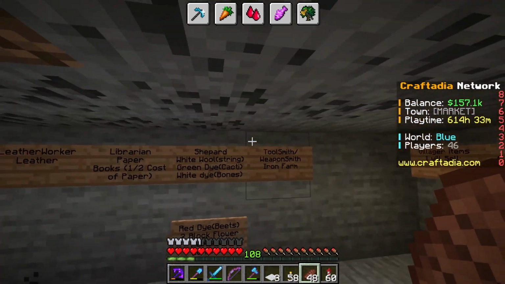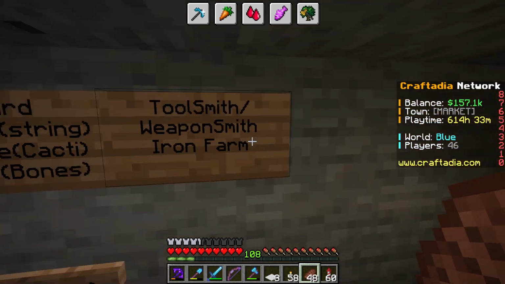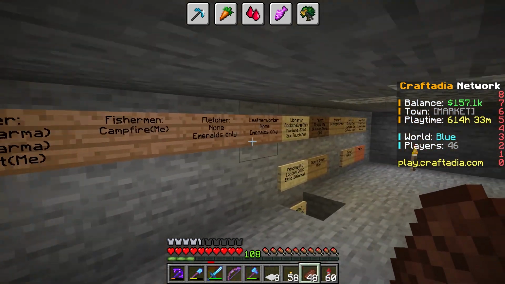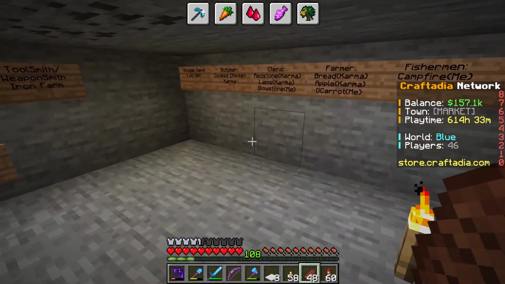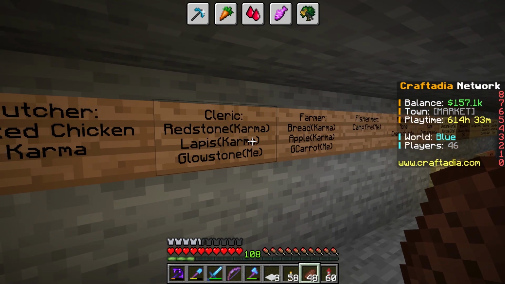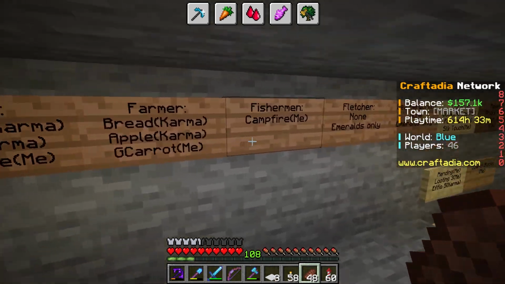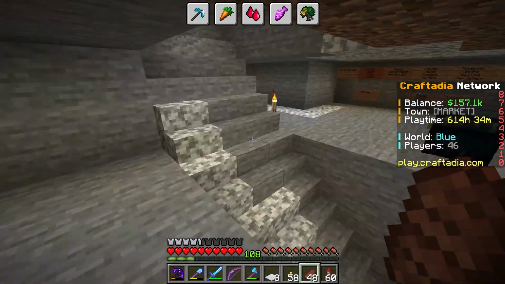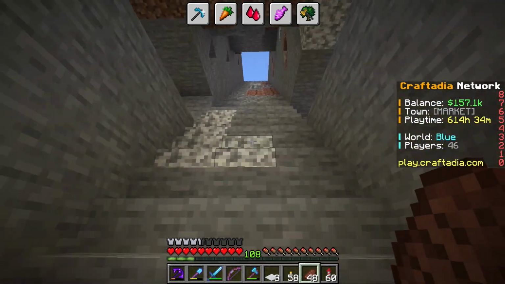I don't know why I don't want to make an iron farm this season, but that's kind of how I'm feeling. And then, of course, this is all the things that I'm going to have shops for. A lot of these are already existing. But now that I have a secondary account, I can sell more things using the Karma account. So we are definitely going to be growing on some shops, but that is way down the road